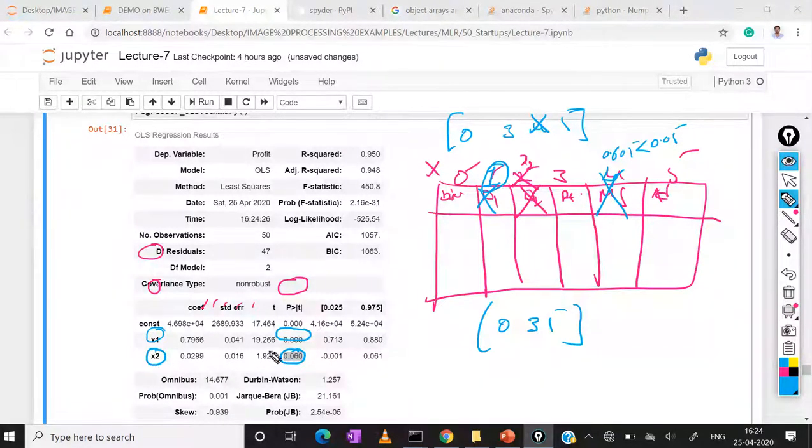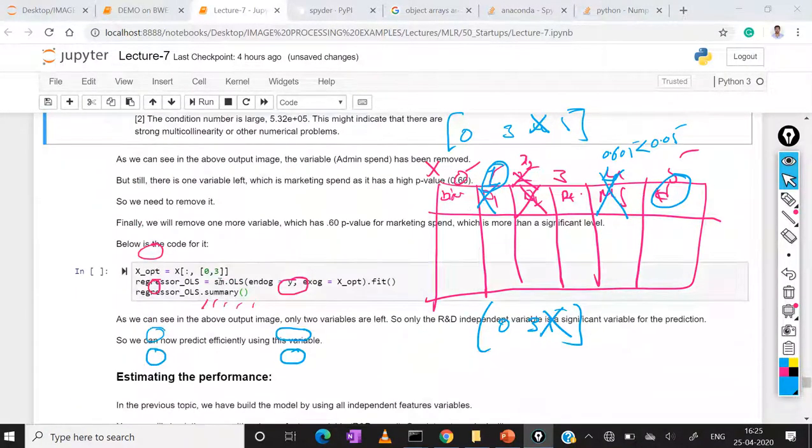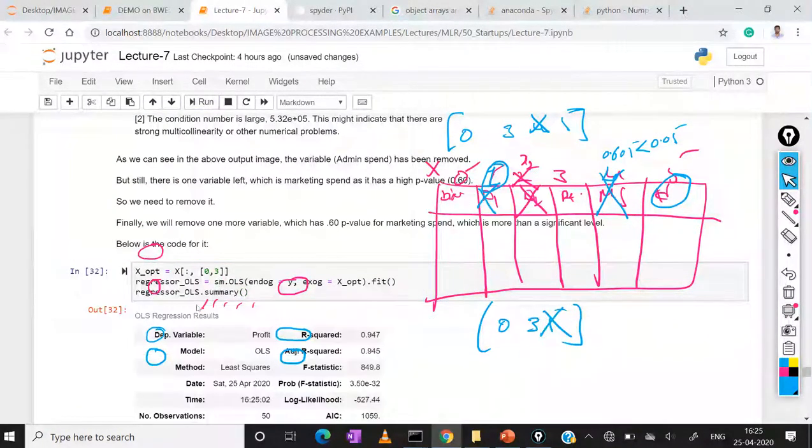This feature belongs to the administrative feature, the fifth feature, so we have to drop this feature also. If you drop the feature, we execute the statement again.